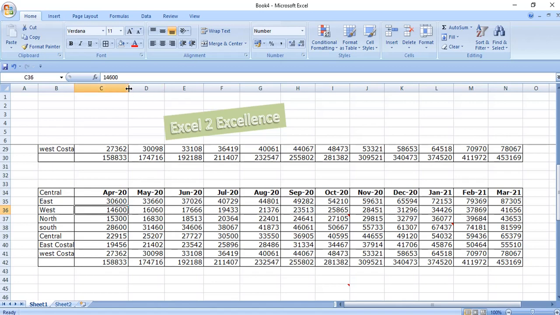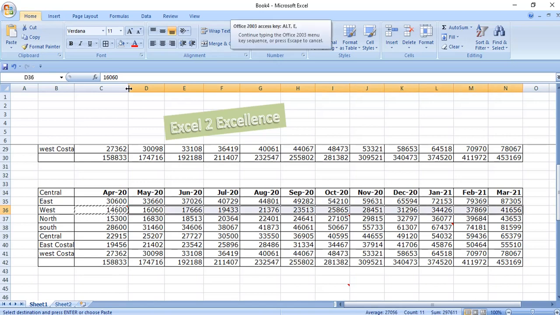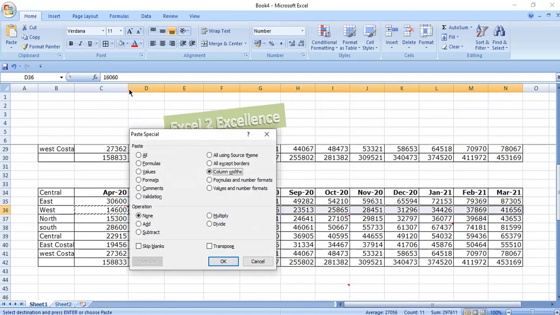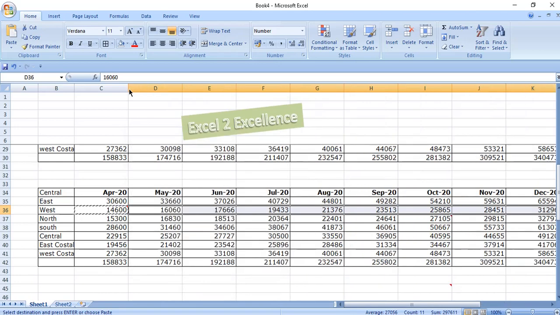With the help of Paste Special we can do without any extra effort. So copy this cell and apply Alt ES W. Alt ES W is the keyboard shortcut to copy cell widths. Apply OK. You can have the identical column widths. Place your cursor at the junction of any column, 18. Now place your cursor at the D column, same. So with minimum efforts we can copy width of the column.